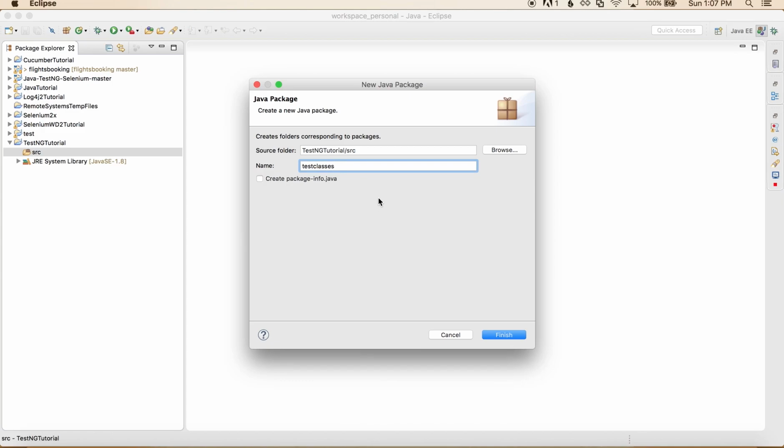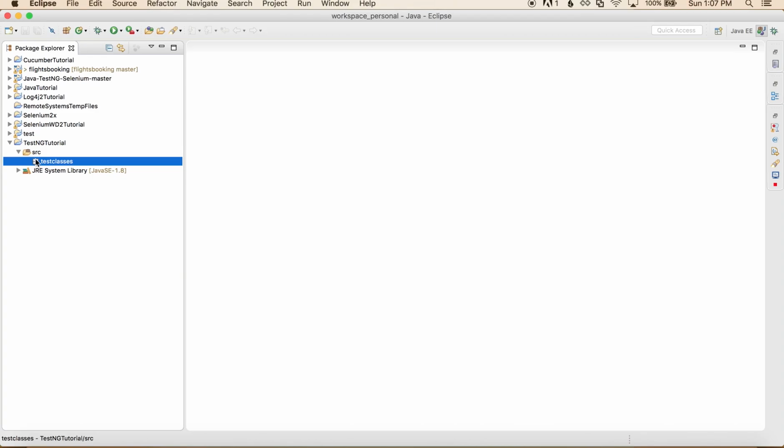Basically, one is the application code and the other is the test code. So we will create a package right now as test classes in which we mainly gonna write our test code because we are trying to learn TestNG. There is no application that we're gonna create. So test classes, and this is our test classes package.